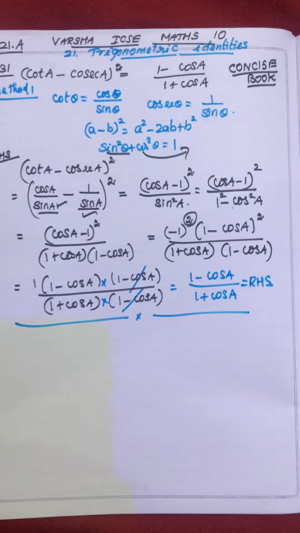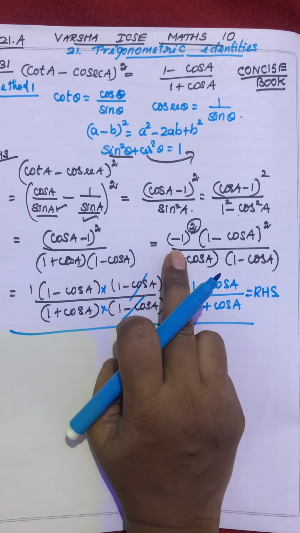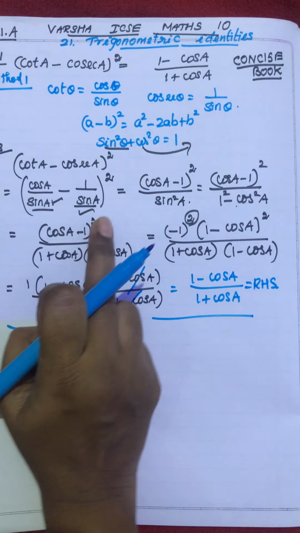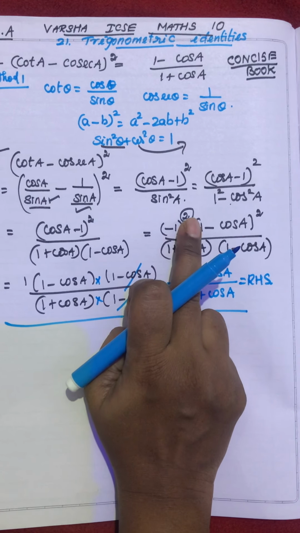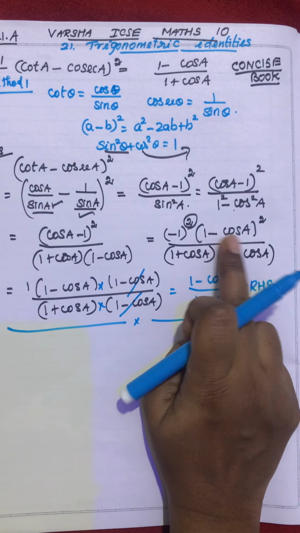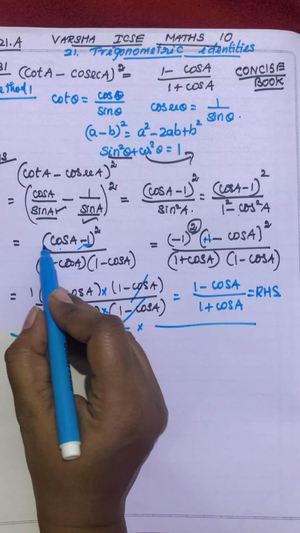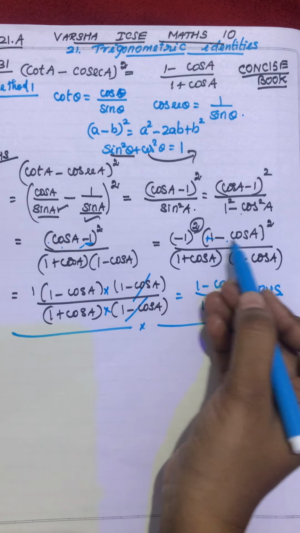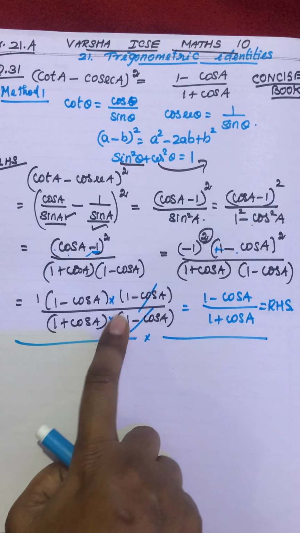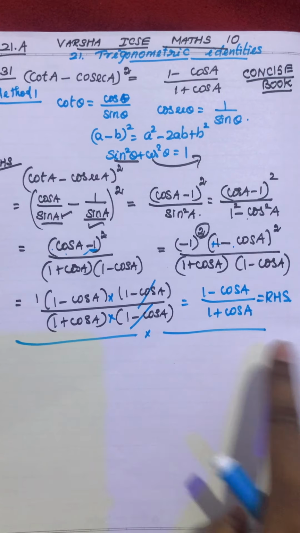I hope this is not confusing, students. We have taken the minus outside, meaning minus 1. When you take the number out of the square bracket, it comes with the square also, so it becomes minus 1 the whole square, which is positive. The inner value is changed: minus 1 becomes plus 1, and this is cos plus cos, which becomes minus cos. Why have we changed it? Then only we get the equal numerator term, because the first term is 1, so then we can cancel. So we got our RHS. This is one method.